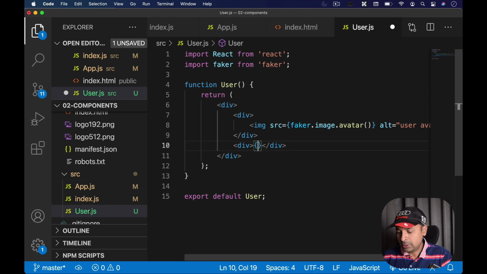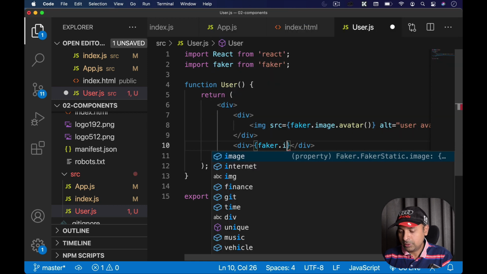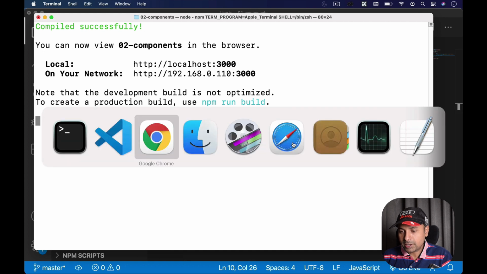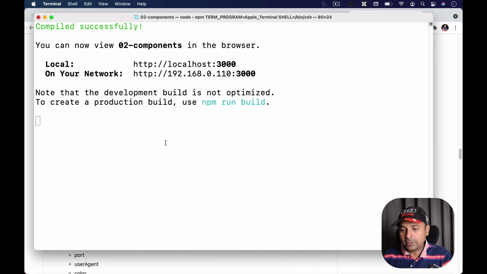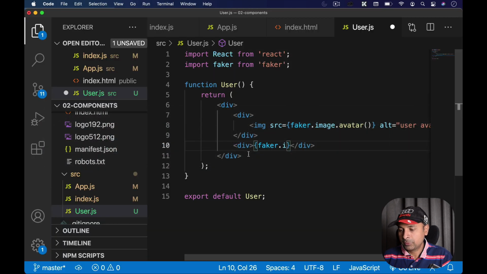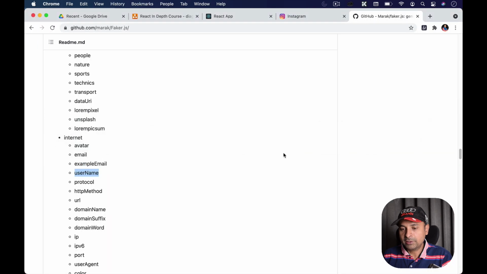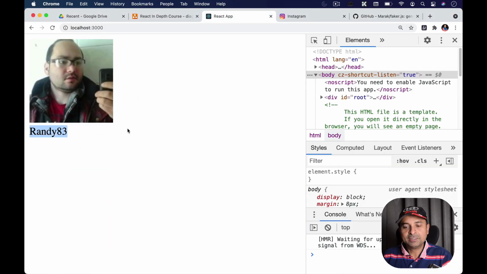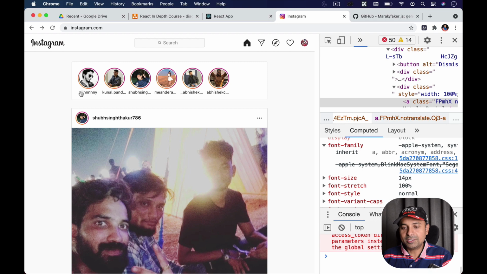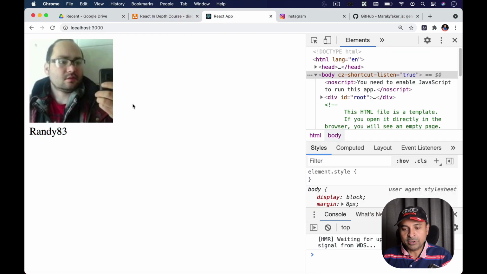I'm going to use JavaScript again because I'm writing JavaScript. faker dot, inside internet, and there is a username function, which I'm going to call. I'll save, and if I come back, see that? We are getting this username, the fake data, from the faker library.